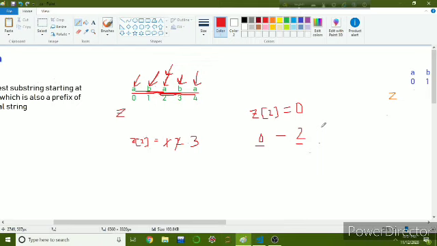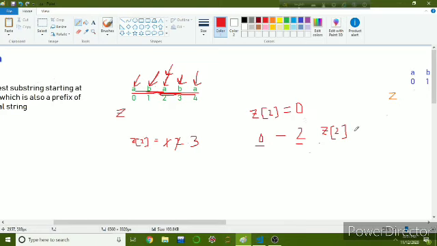If it is a match, then we will increment the Z value at index 2, because we know that the character at index 0 and the character at index 2 are matching. That means at least a substring of length 1 has been found starting from index 2 that is also a prefix. So Z2 will be 1.